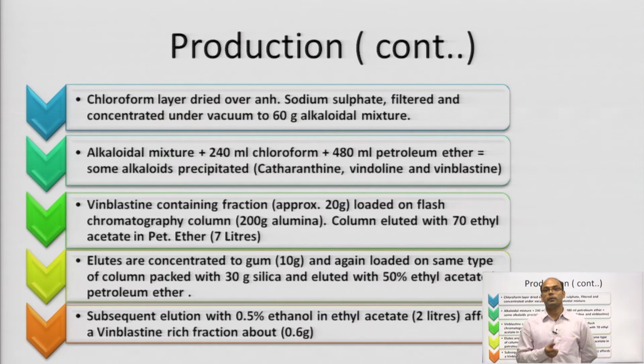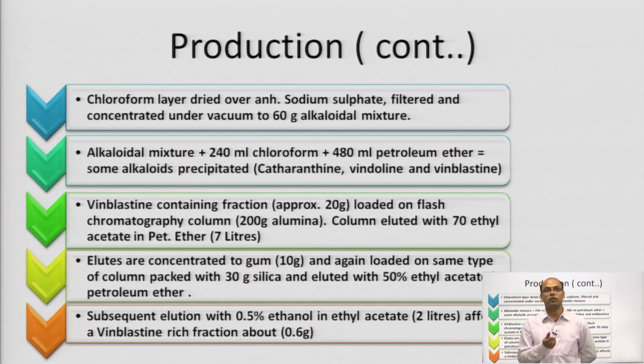Upon addition of petroleum ether, you get the precipitation of the alkaloidal mixture. So here you can get the precipitate of catharanthine, vindoline and vinblastine. Because in this isolation method we are targeting the isolation of vinblastine, the vinblastine containing fraction, the precipitate, which is approximately 20 gram,